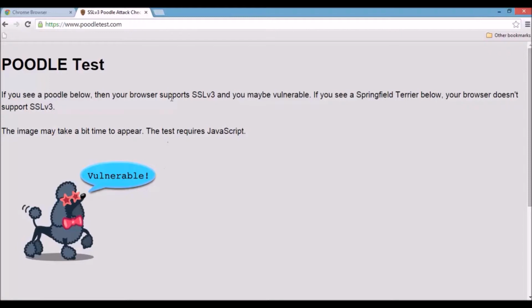If you observe here, this browser is supporting SSL version 3.0, meaning SSL version 3. So that's why this is vulnerable.